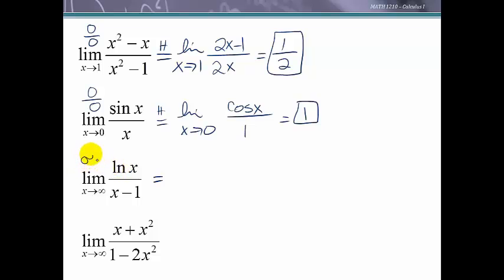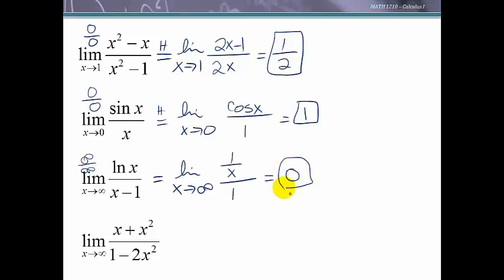Third one is the one we didn't know. This is that indeterminate infinity over infinity. So now we're going to see who wins. We have the limit as x approaches infinity. The derivative of the natural log of x is 1 over x. The derivative of x minus 1 is 1. Now if we let x approach infinity, we have 1 over infinity, and we know with the denominator becoming large, the fraction becomes small, and in the limit it goes to 0. So which one won our little duel? 1 over x won the duel,